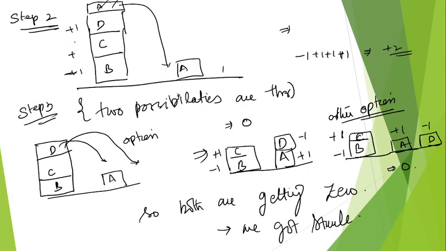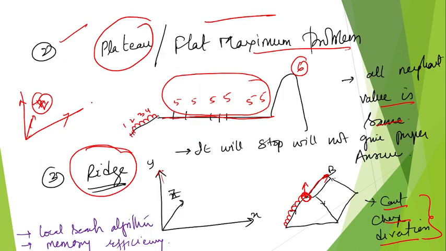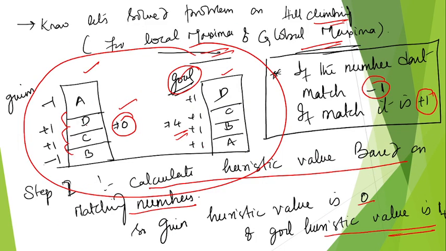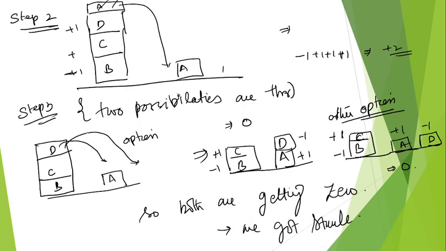Next, what do we have in the step? I have got this disk, correct? This step, I have got A, B, A, D, C, B. Here also, A, D, C, B. I go back to bring my A here. So A is in a correct position, +1. B is not in a correct position, -1. And C is in a correct position, +1. D is also after C, D will come, +1.